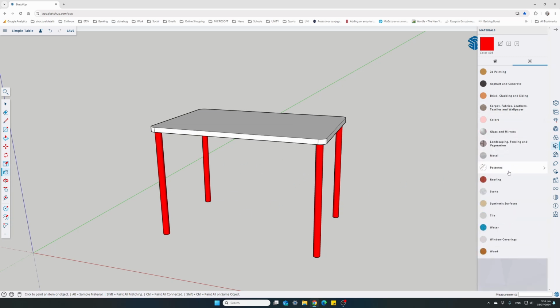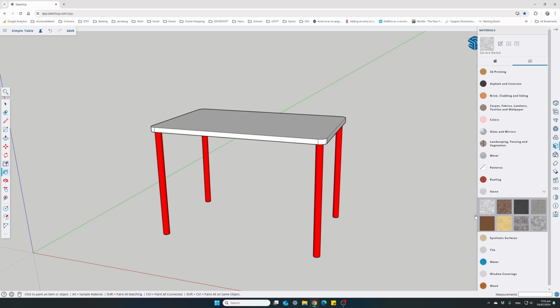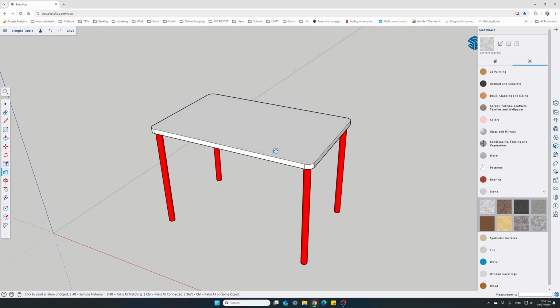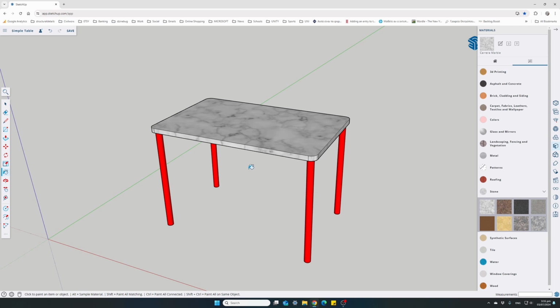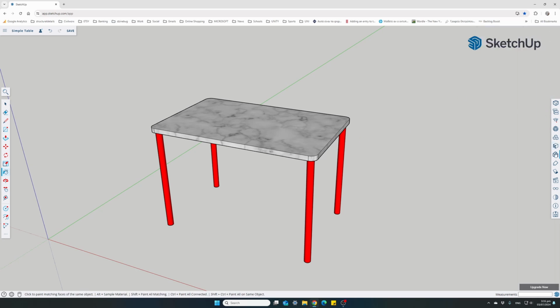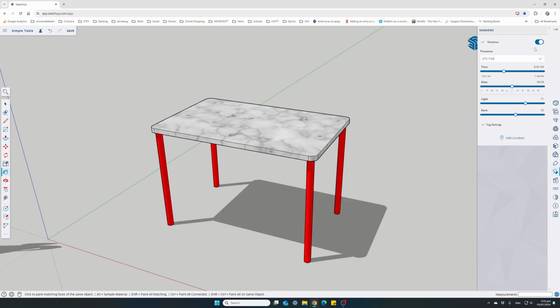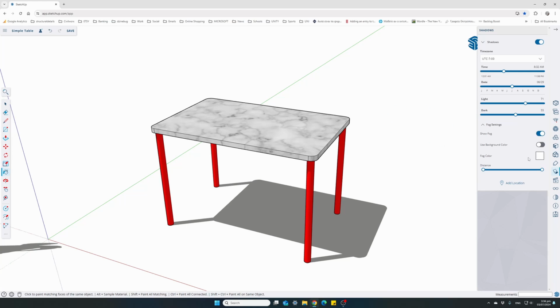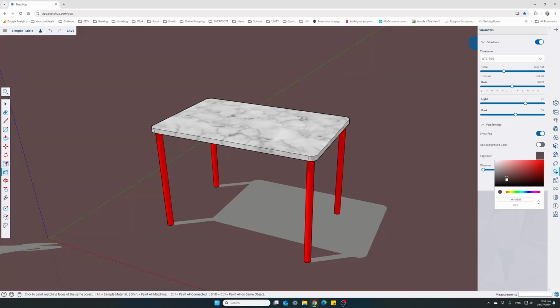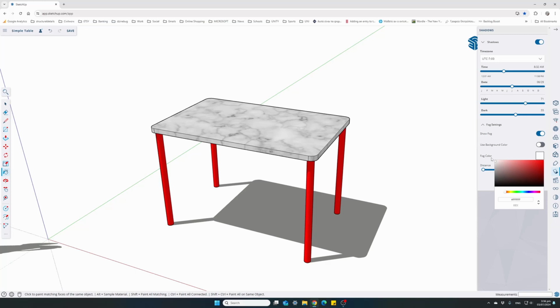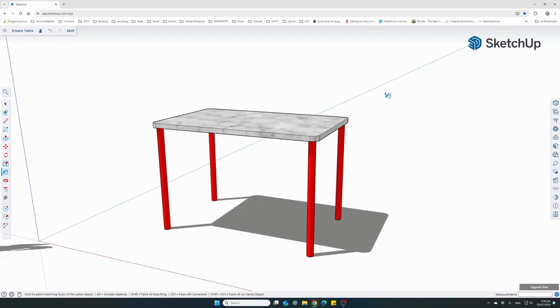And for the tabletop, I will go to stone and use this stone marble look-alike finish. Click on the tabletop, and here it is. We will also turn on shadows. That's fine. And in the fog settings, we can also turn on the fog and assign a color we want for the background. If we want to change the background, I will choose a white color. And here is our simple 4-legged table